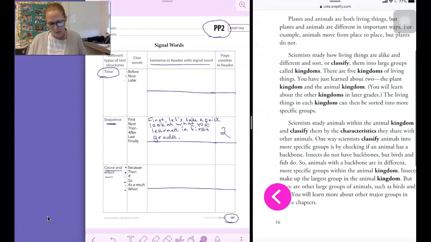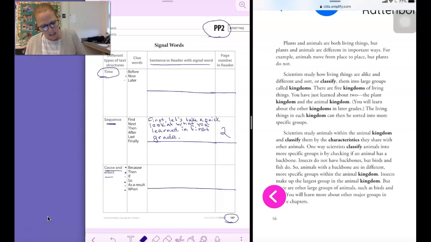So animals with a backbone are in different, more specific groups within the animal kingdom. That's going to go down here in cause and effect. So I'm going to copy the sentence. So, because that's my clue word. Animals with a backbone are in different more specific groups within